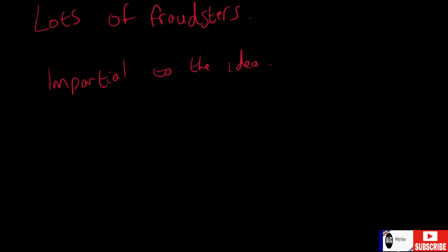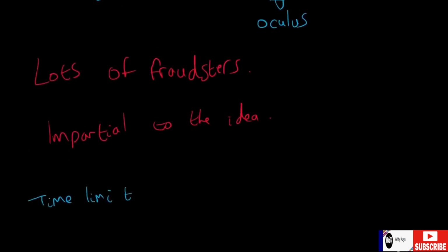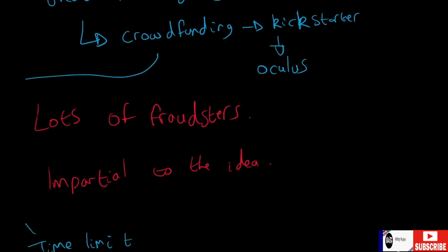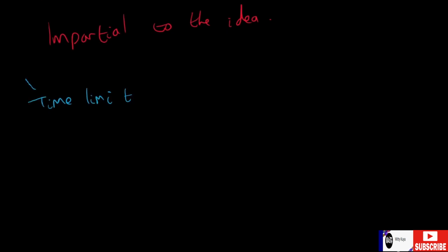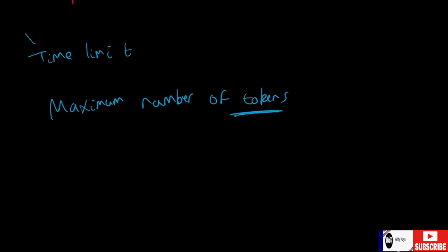Another difference to an IPO is there's usually a time limit that you can actually buy these tokens. Again, that's another big similarity to crowdfunding like Kickstarter, because they have a time limit. They can raise more, but they can't raise less. There is a maximum number of tokens that can be issued as well. So obviously that's, I guess, sort of similar to an IPO,